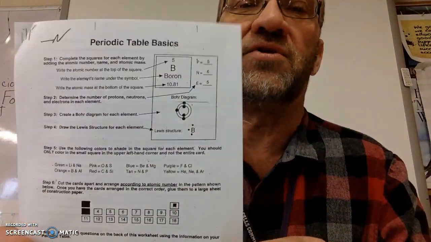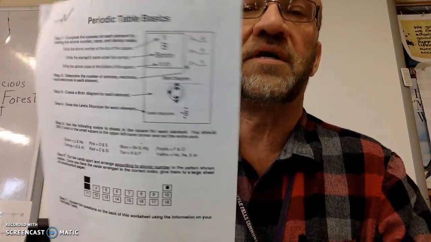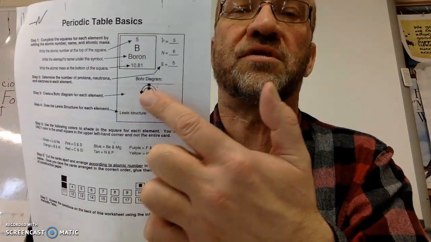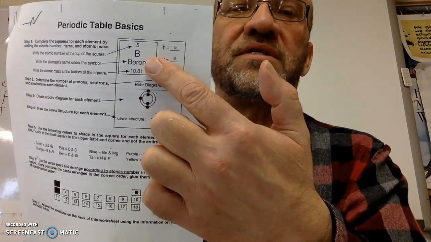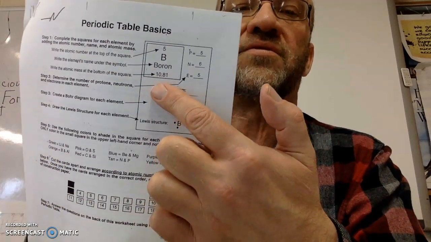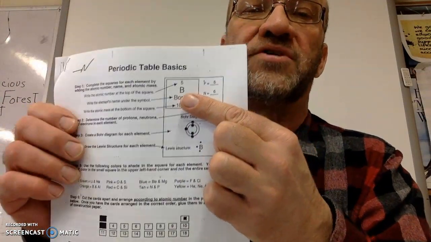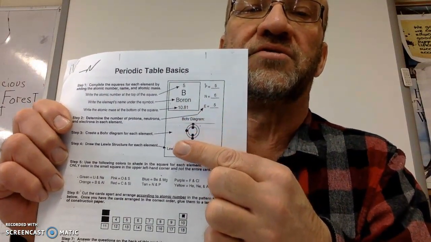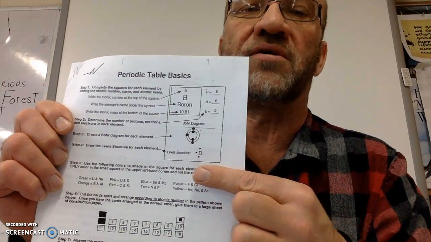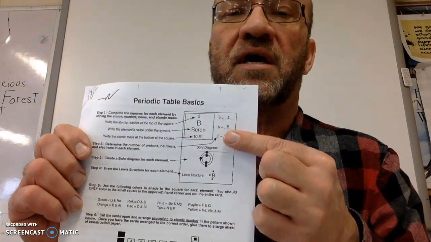So what you're going to do is, on each one, while looking at a periodic table, and you can use any that you want on the internet if you wish. I can include one in this packet for you. So you're going to fill out each little square. Here is a sample one. They just have a sample of how you do it. You're going to fill out these squares just like they would be on a regular periodic table,